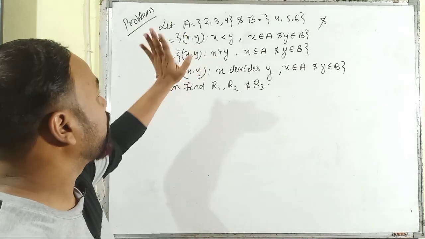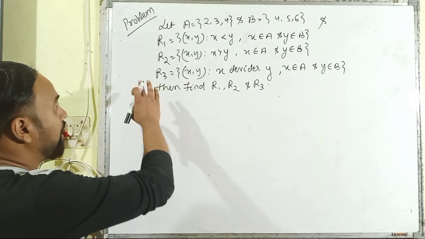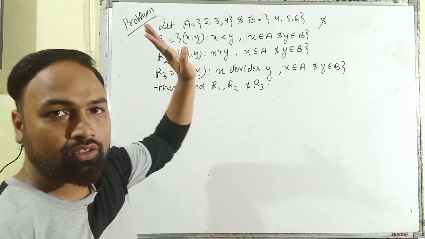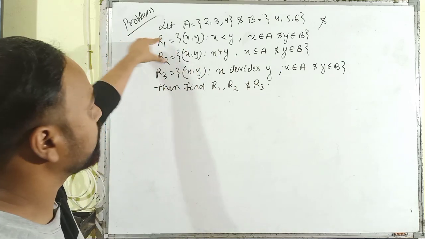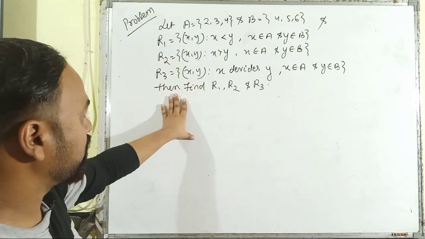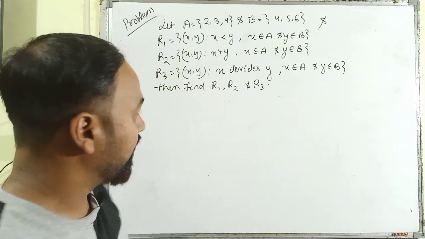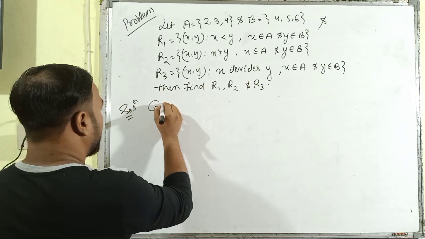So here it is the next problem based upon the topic relation. Two non-empty sets A and B are given here, and three relations are given here in terms of their conditions, and we have to find out the relations R1, R2 and R3 in terms of the ordered pairs. So here it is the solution. Given that